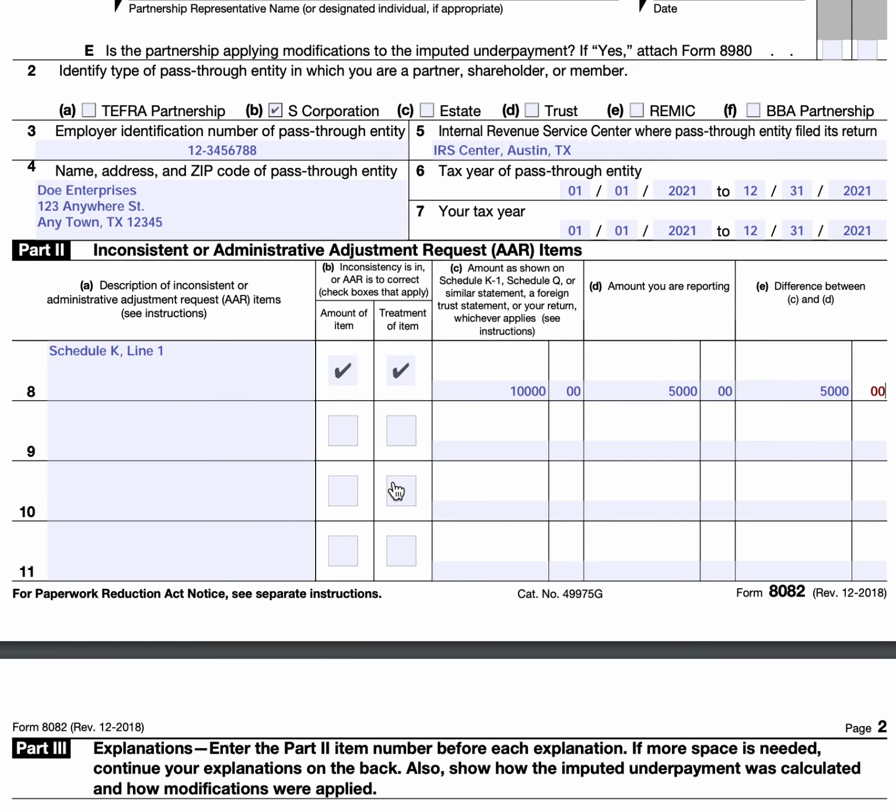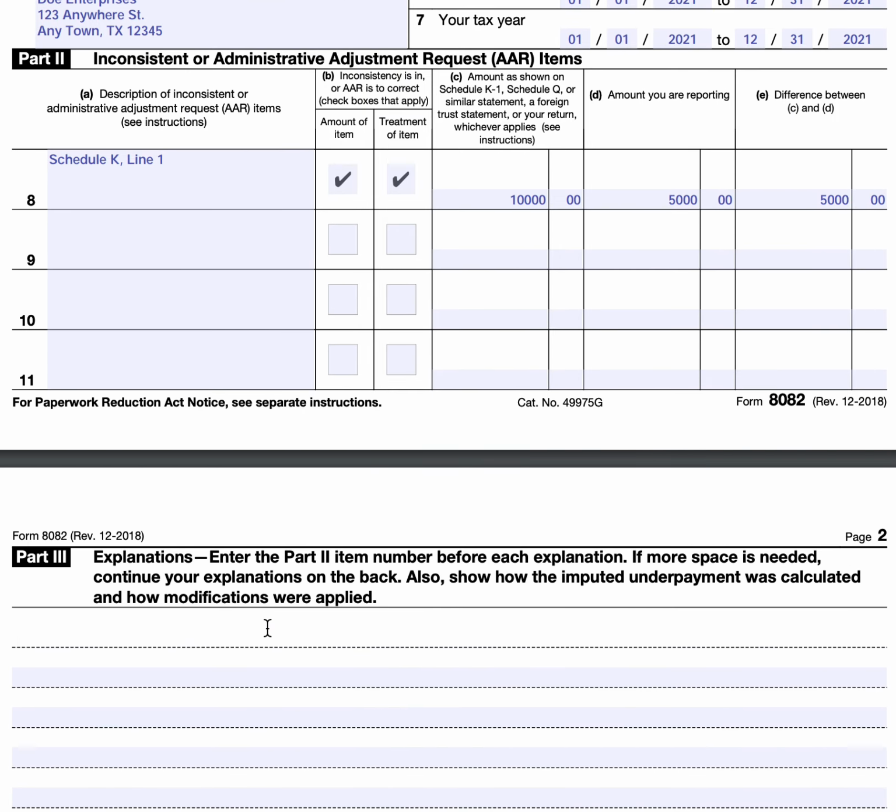And then for part 3, you would put in your written narrative as to why you believe it was not properly reported. If there's an imputed underpayment, which means basically the reporting puts you in a position where you have to pay more tax than you thought you would have, then